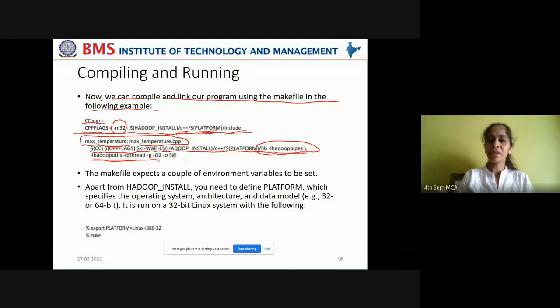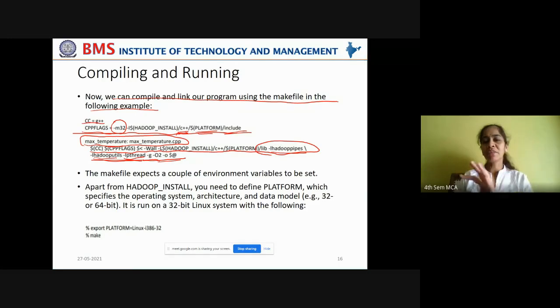Okay, for that you're taking Hadoop pipes, Hadoop utilities, and the threads also, because you know that on an HDFS cluster you're not working with a single job, but with multiple processes simultaneously, multiple jobs simultaneously. For this you have to execute multiple threads of a particular instance. That is why you're taking the thread using the -o $@ symbol.